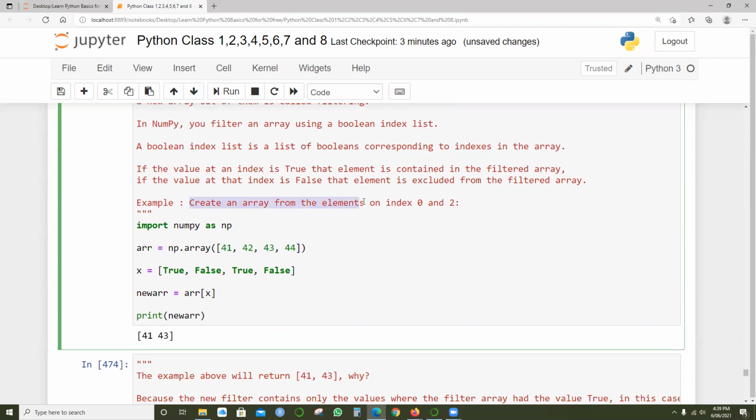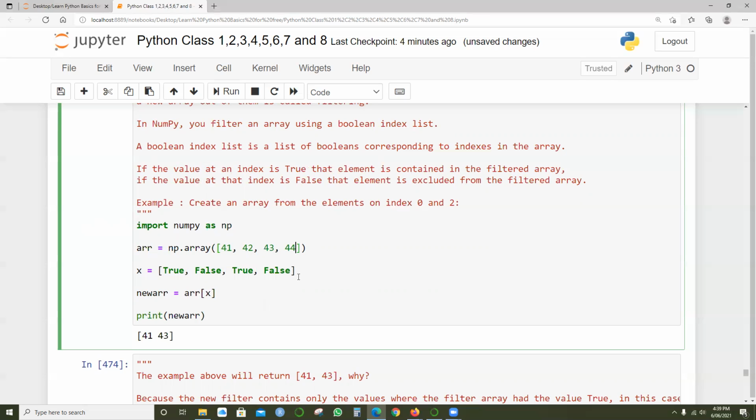Create an array from the elements at index 0 and 2. So this is the 0th index, first index, second, and third. When you say x equals true, false, true, false, the 4 elements are there. We gave 4 values: true, false, true, false. If there are 5 elements, then we have to give 5 values.